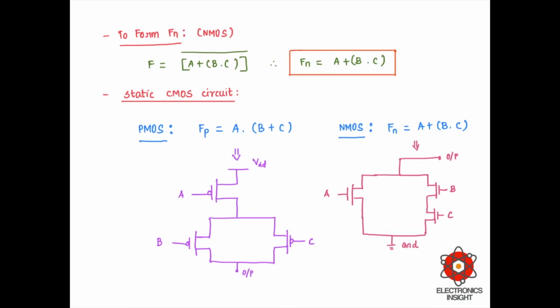Now there are certain points to be noted. We know very well that the source of PMOS should always be connected to the VDD supply voltage, and the drain terminals we connect in common and take the output. Similarly for NMOS, the source will be connected to the ground terminal, and all the gates are supplied with the inputs. That is common for both NMOS and PMOS. All the gate terminals are supplied with the inputs A, B and C. And here also we take all the drain terminals in common and connect them to the output terminal. Now combining both PMOS and NMOS, we obtain the static CMOS circuit design.